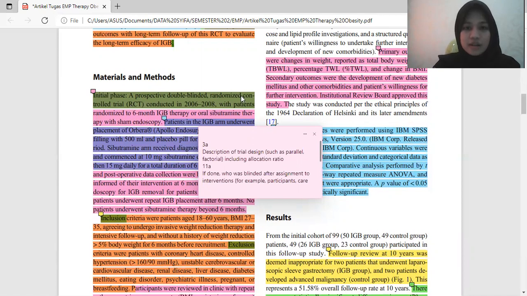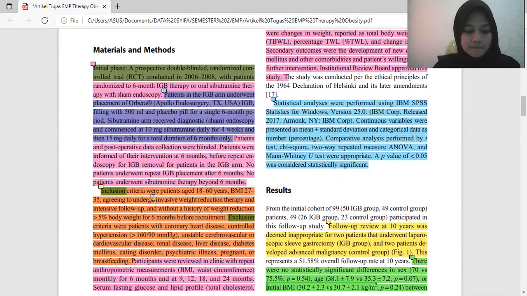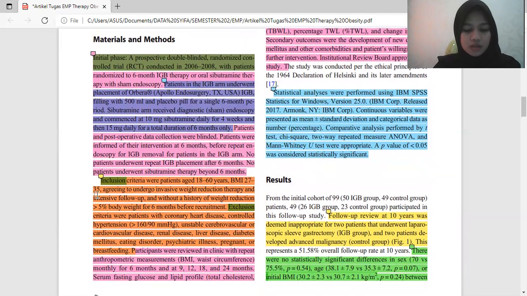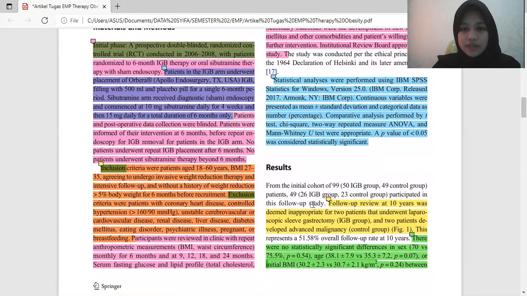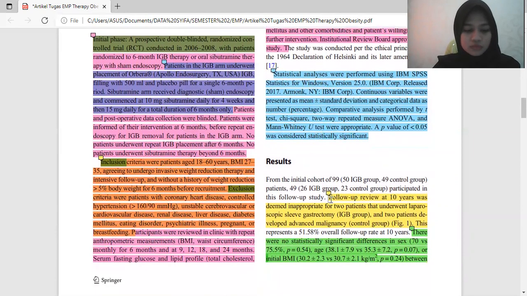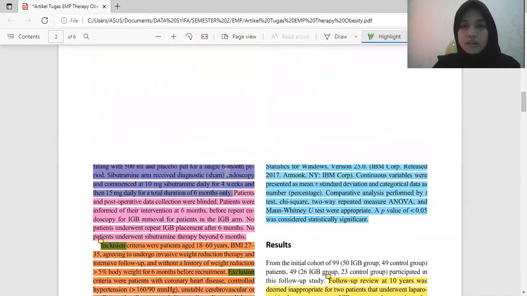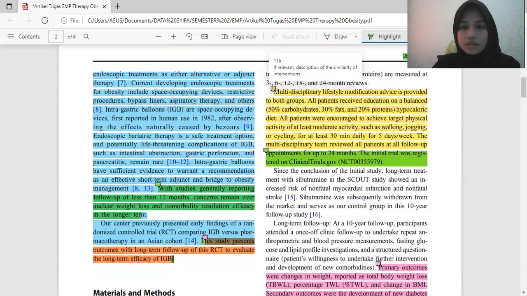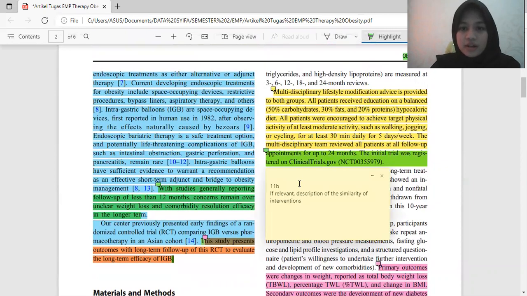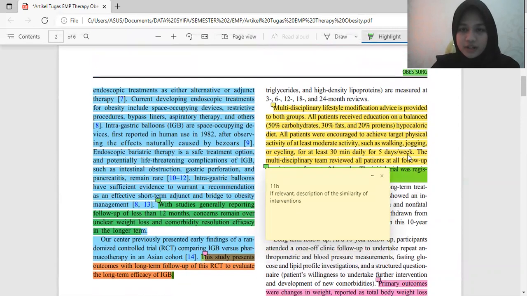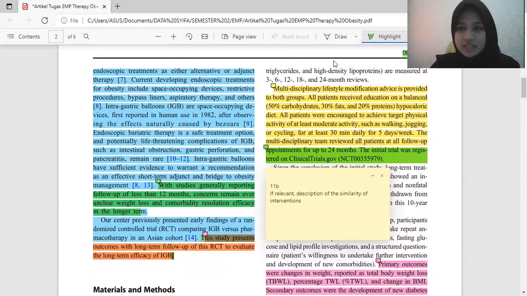Next is number 11B. We can see number 11B in here: if relevant, description of the similarity of interventions. So we can see in these sentences,